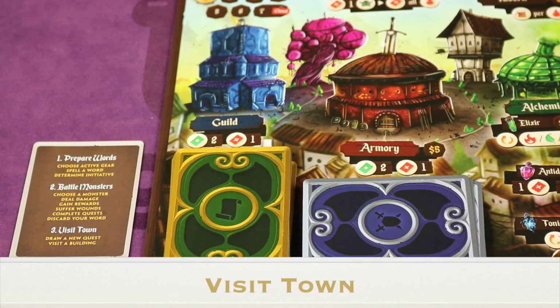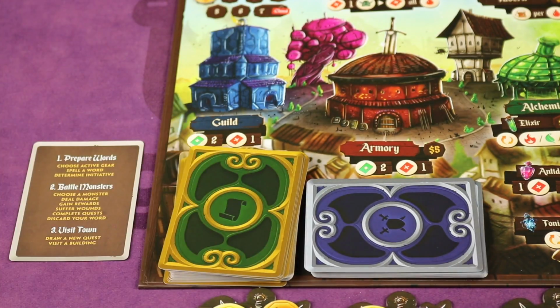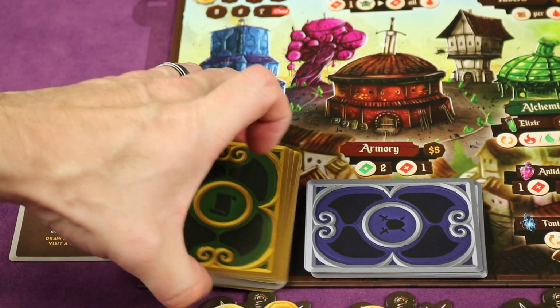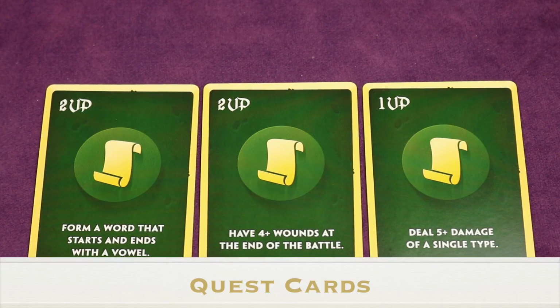After all the players have gone through the Battle Monsters phase, you go to the third phase, which is Visit the Town, where each player will draw a new quest card. So each player will draw 2 of these. They'll select one of them to keep, and the one they don't keep goes face down at the bottom of this deck. And these will give you victory points at the end of the game if you do certain things